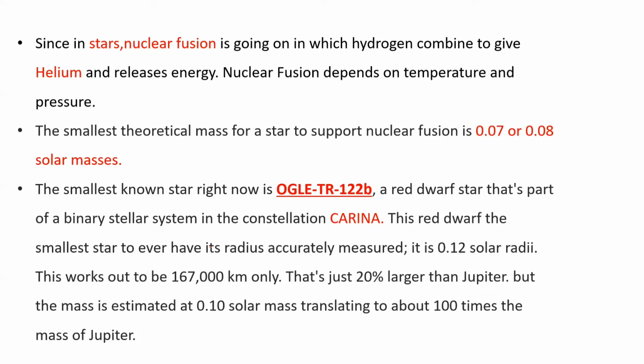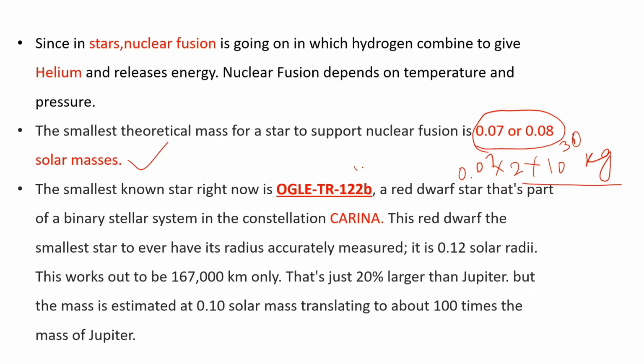First we will study what the required condition is to form a star or planet. Till now we know that the smallest mass possible for a star is around 0.07 to 0.08 solar mass. We know that 2 into 10 raised to power 30 kilogram is the mass of our Sun, right? So 0.07 solar mass means multiplied by 0.07 here. So this is the smallest theoretical mass possible of any star. And practically the star possible is